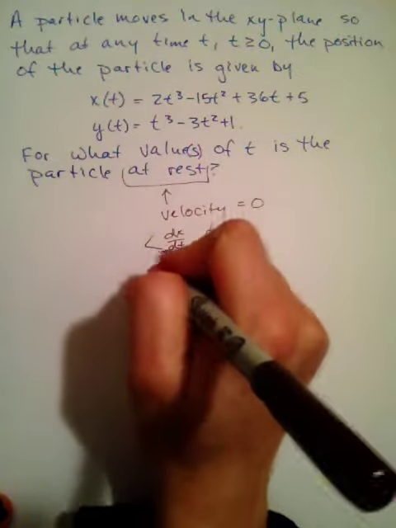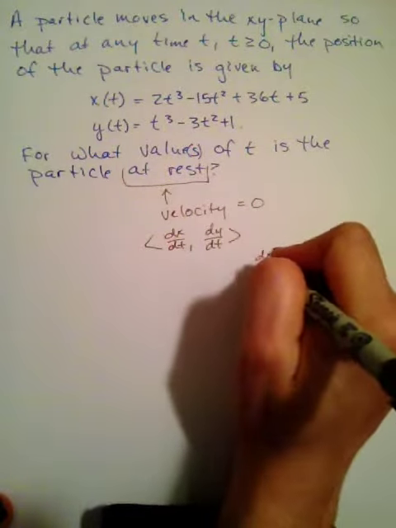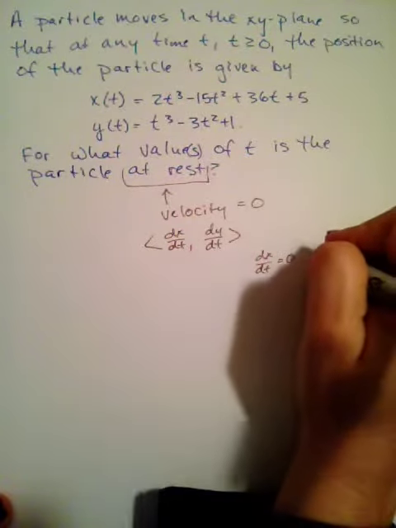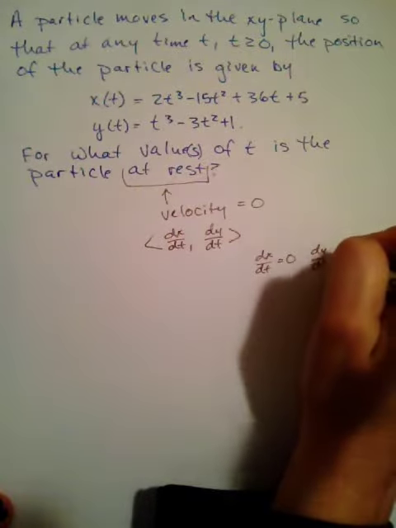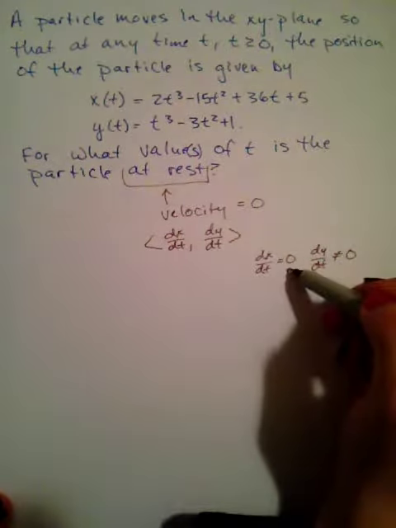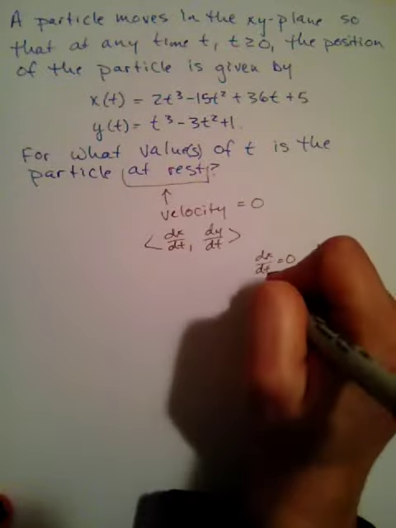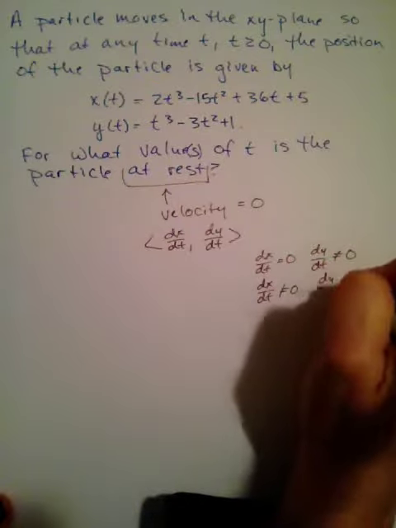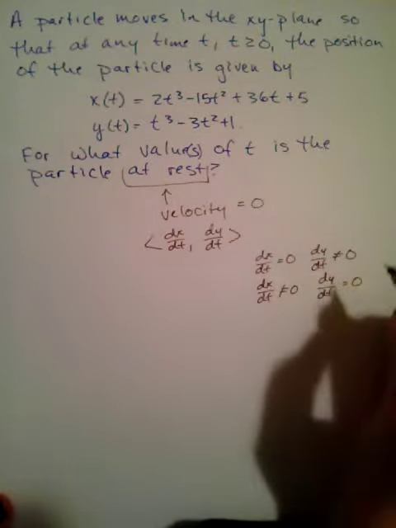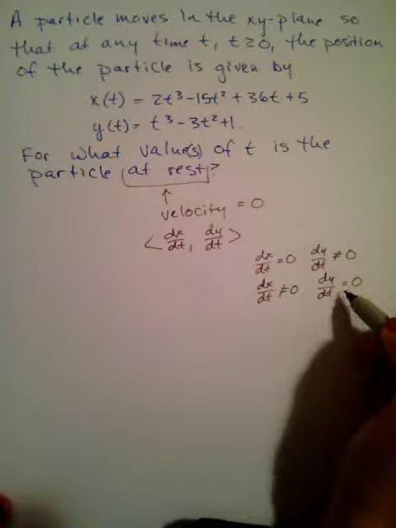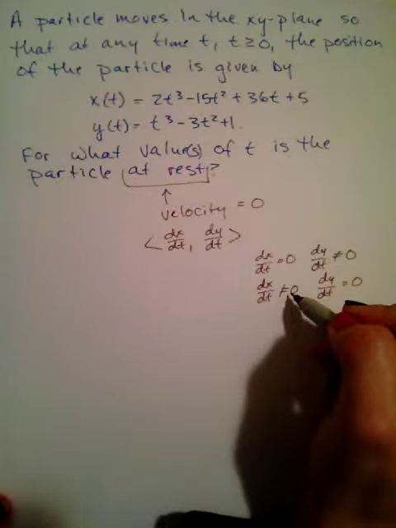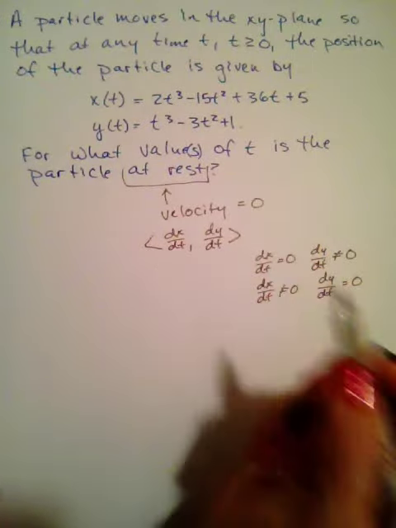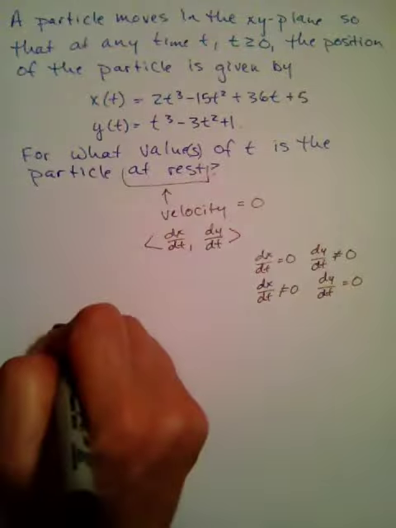If, in case number 1, dx/dt equals 0, that means the particle can't move to the left or to the right. But if dy/dt is not equal to 0, while it can't move left or right, it can move up and down. If you switch those, so dx/dt doesn't equal 0 and dy/dt does equal 0, then the particle can't move up and down, but it can definitely move left and right. So the key is that both of these have to be 0. So the first thing you would do is look at dx/dt,